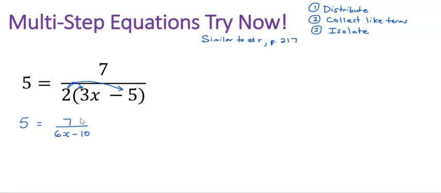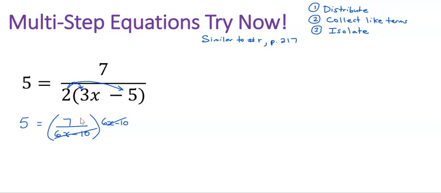We can't have that. We can't solve for x when it's down in a denominator. In order to get it up to a numerator position, we can multiply it and every other part of its binomial here. So we can multiply the entire thing by 6x minus 10,